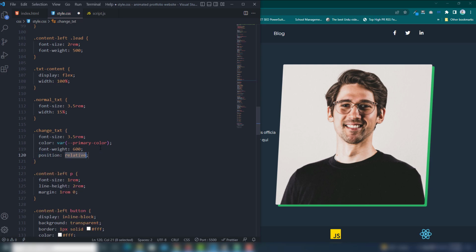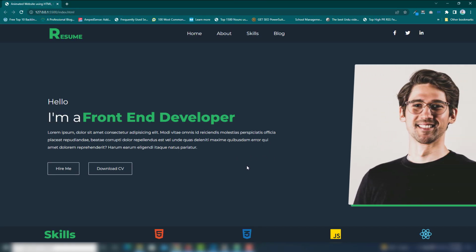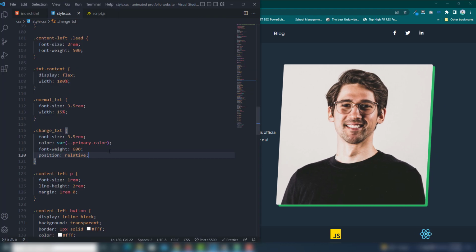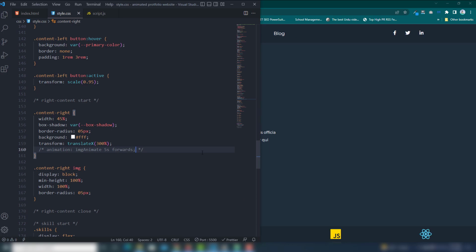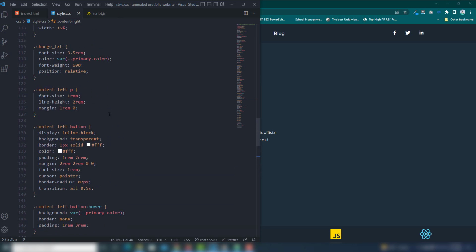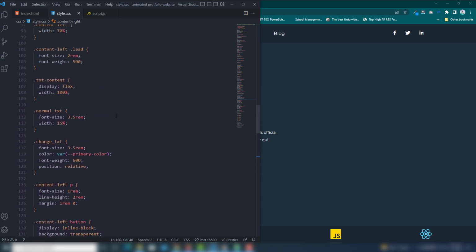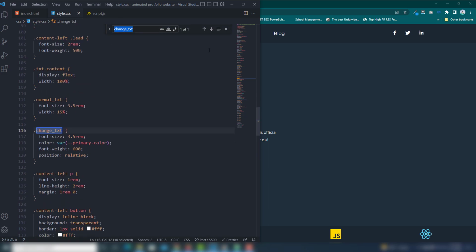Inside there you need to use position relative. Once you add that, I'm going to comment out this animation right now because we need to manage that first, then we will uncomment it. Then I'm going to use the content text.